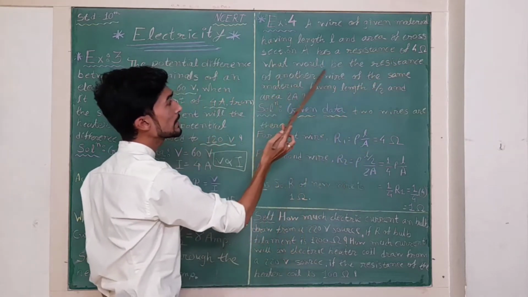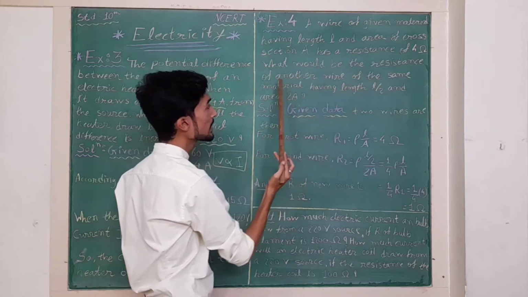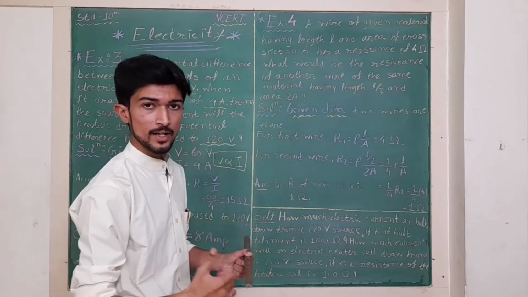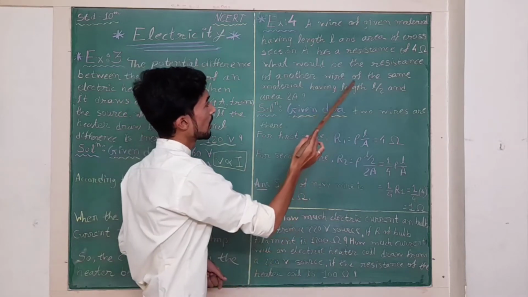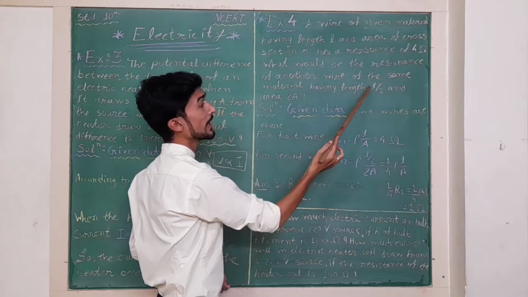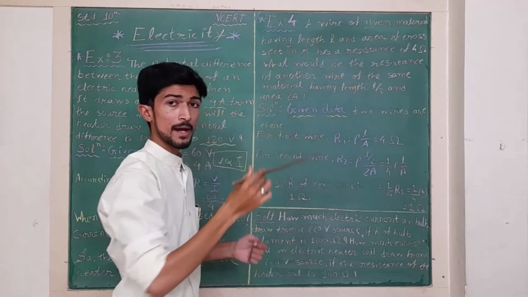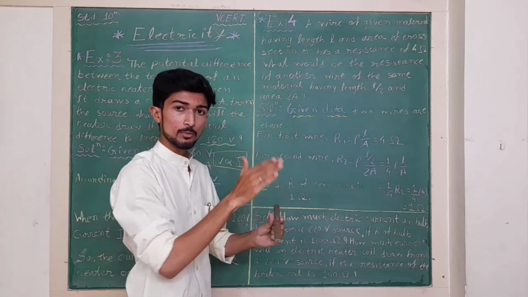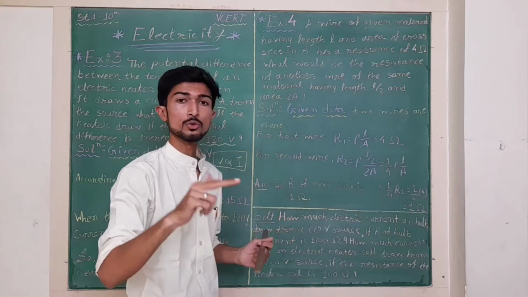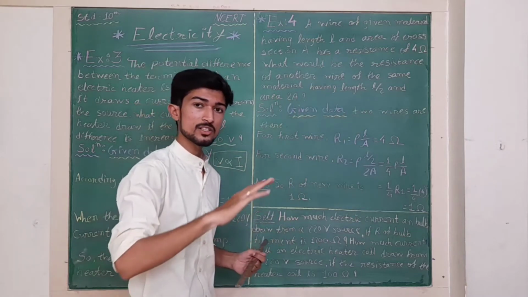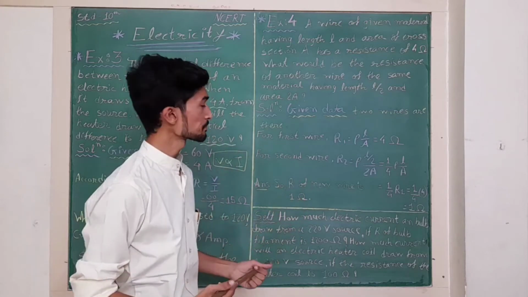So what would be the resistance of another wire of the same material? वही मटेरियल का दूसरा वायर है, उसमें लेंथ में और क्रॉस सेक्शनल एरिया में थोड़ा बहुत चेंज है. Of the same material having length of L by 2, meaning half of the previous wire. पहले का लेंथ क्या था? L था, तो दूसरे वायर का लेंथ is L by 2 and the cross-sectional area is 2A. Cross-sectional area is doubled and length is half. So let's discuss क्या होता है.